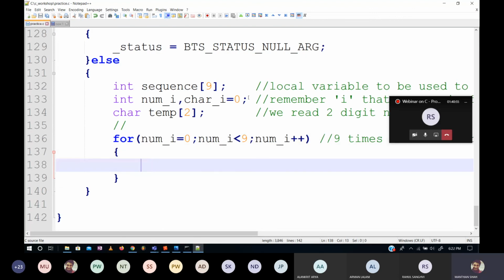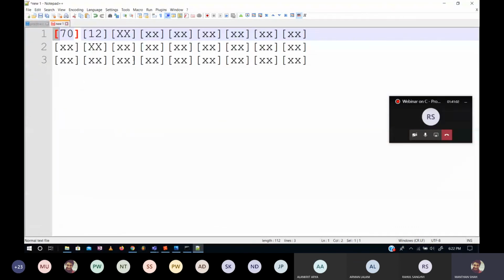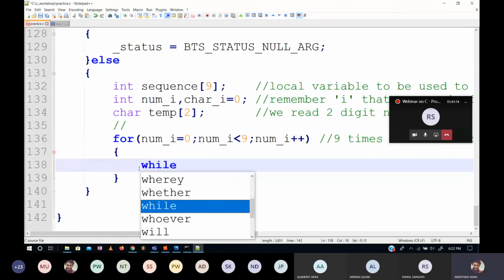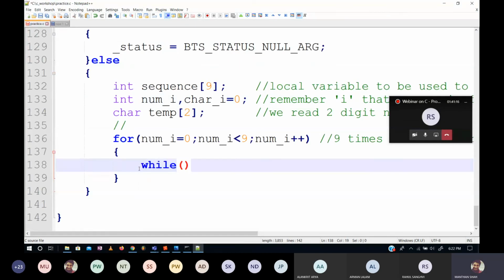So first we will initialize the char underscore 0. For this thing, we are going to use char underscore I for incrementing through the character. So char underscore I essentially represents the location of which character I'm looking at. All right. So I'll use while loop. Then I'll say I have buffer, right?